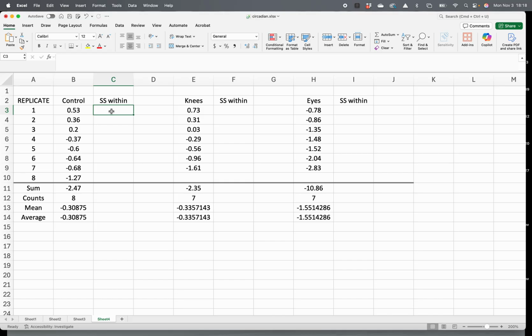And recall that the sums of squares within is simply equal to, and then you would open the parentheses, the value from the data set minus the mean, and then you square that. But since you're going to want to do this for every item in this column, it's good to use what I call a static cell reference, which is to put a $ sign in front of the letter and a $ sign in front of the number, the letter being the column and the number being the row,